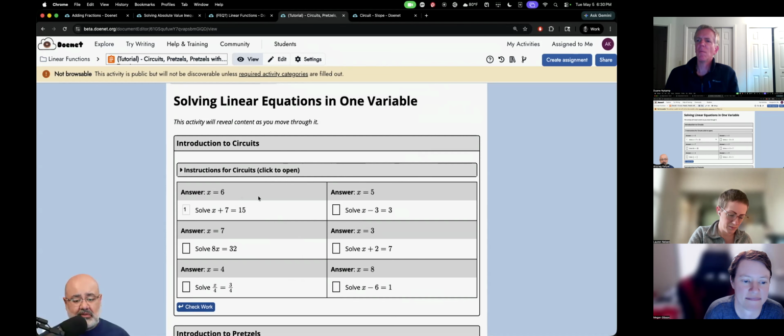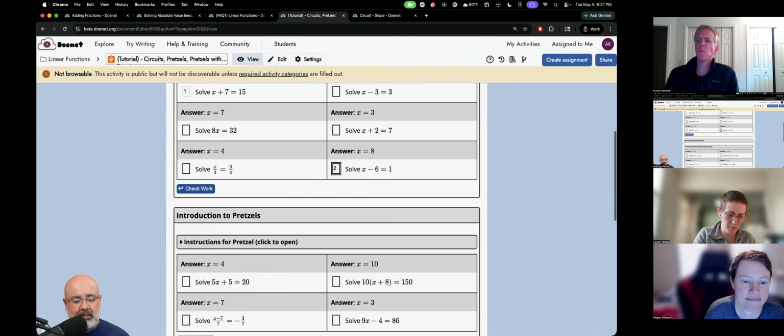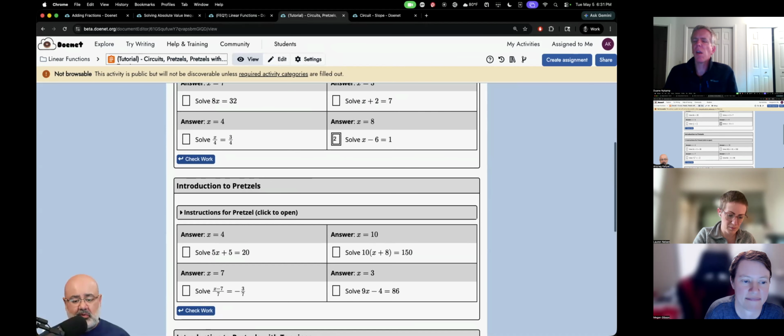They have these things called circuits, which I think Dwayne demoed earlier, or maybe that was a pretzel. So a circuit says, start with this problem. You have to start with that question. You solve this problem and you look for the answer. So x is equal to 8. This becomes problem 2. Then you solve that problem, and then you look for the answer, and that one becomes number 3. Then we evolve this to become pretzels, which is to say it's a circuit, but you can start